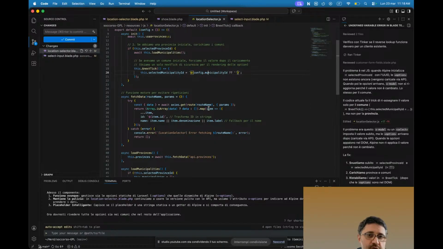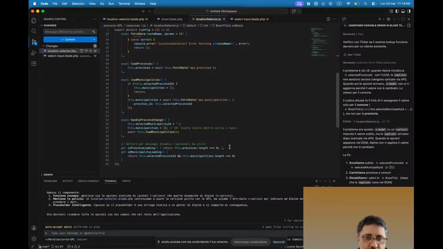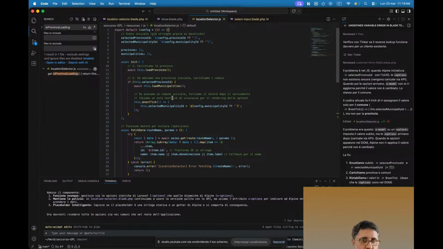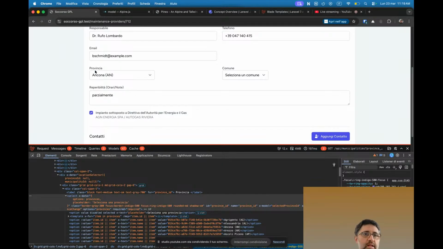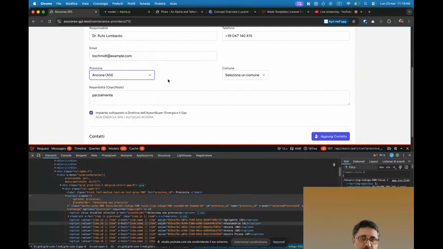So we have also this one. This is for managing the Ajax call that gets done when I click on this or load the page for the first time. There is an API call to the list of all the municipality. In this case, province and or municipality. If I click on this,